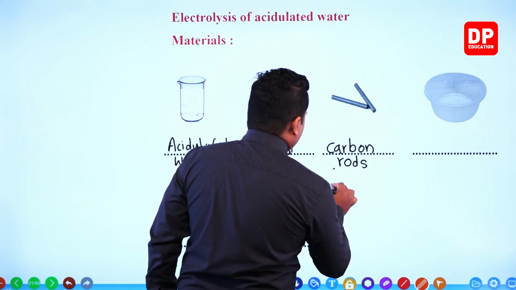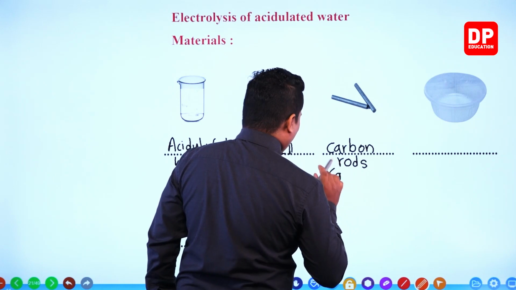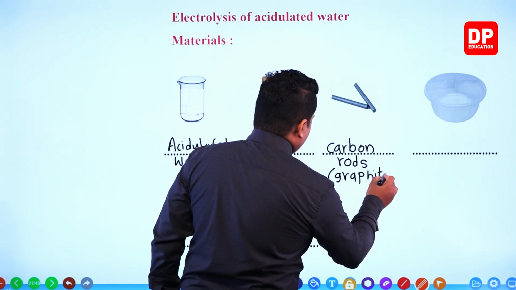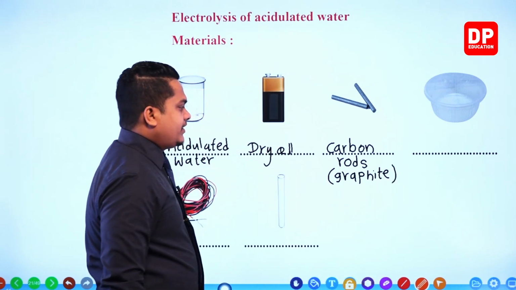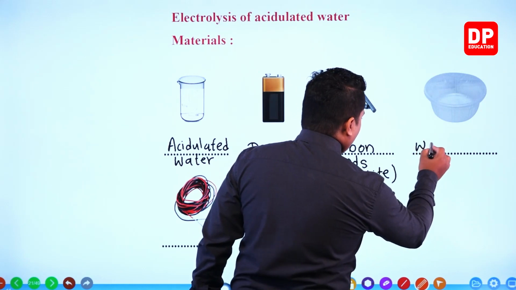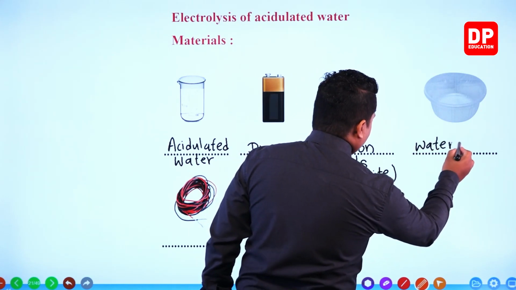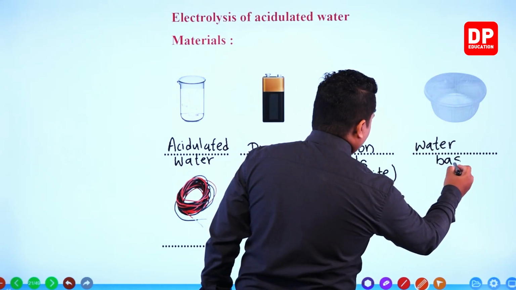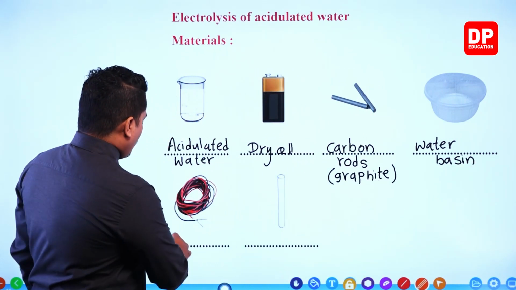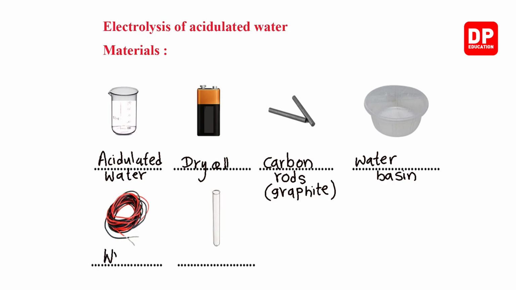These carbon rods are made of carbon, you know that graphite is made of carbon. So actually as carbon rods we are using graphite rods, okay, graphite rods. Then we'll be needing a water trough or else a water basin, right? Then wires, connecting wires,